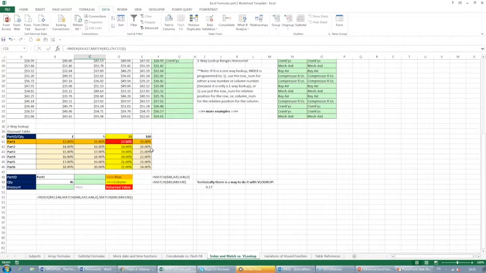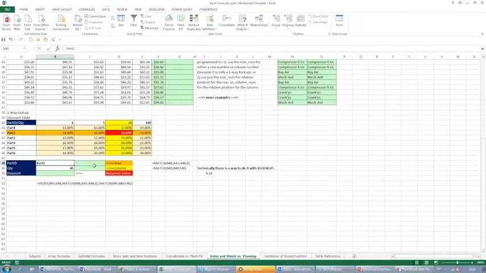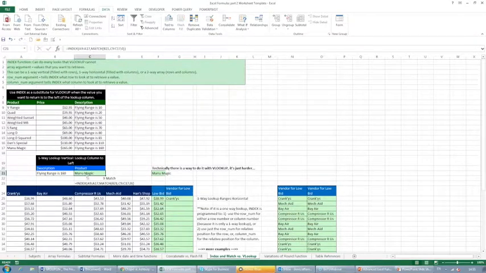Let me scroll down, right? Take this data and then go look at it in the table. Once you've found it in this table, then give me the second, third, fourth result, right? So if I say part ID part 2, then automatically it goes to part 2, and then I say what's the percentage that I want, then automatically it'll pull it for me. Whereas index and match, and you can just use this function here if you want to break it back to